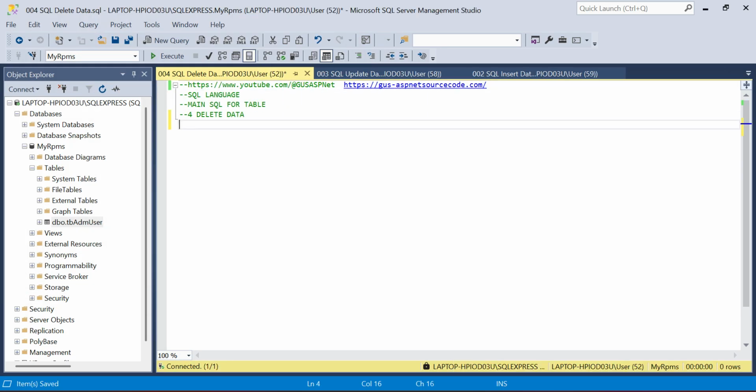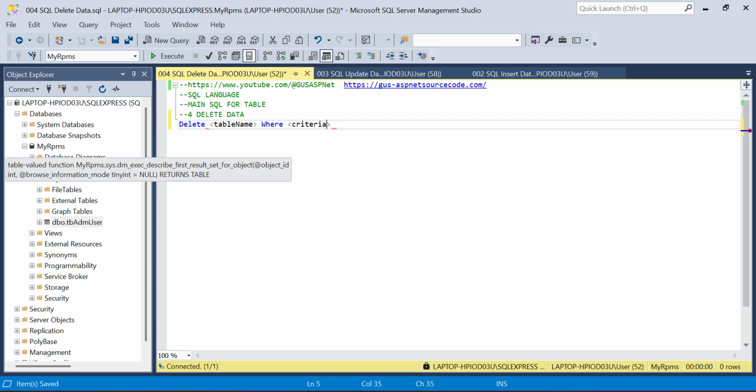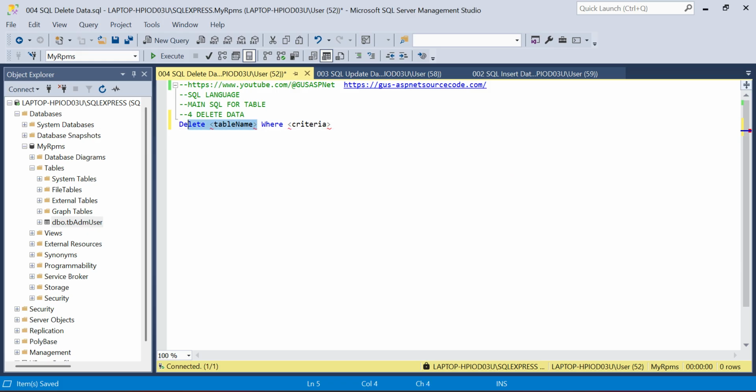Okay. The keyword is delete, table name, where criteria. You see, if we delete data without mentioning any criteria, all data will be erased. Delete all data.